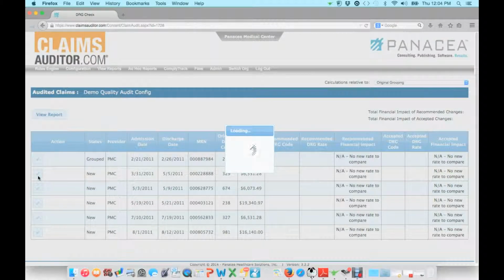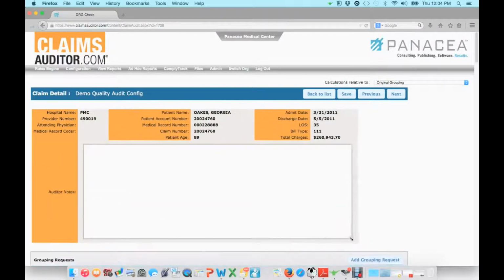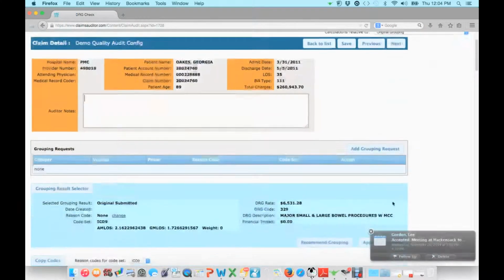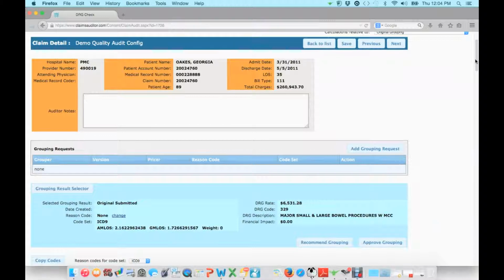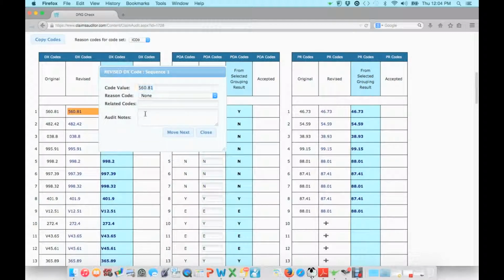and they could actually go through one at a time on the screen, and they'll see all the patient demographic information at the top, some of the charge information. The auditor could write notes at the record level, and you can see there's no restriction on how many notes they can take. But what's nice about this system is they can actually change the codes, have revised codes, and you'll see when I click here, they could actually take notes at the procedure and diagnosis level. So we have notes at the record level, and we have auditor notes at the procedure level,